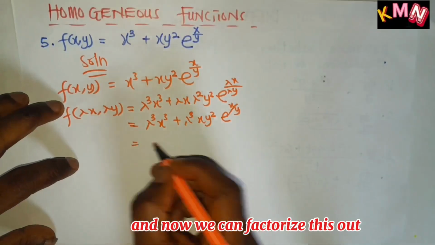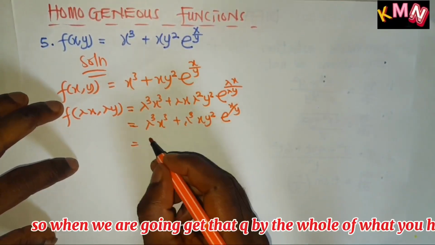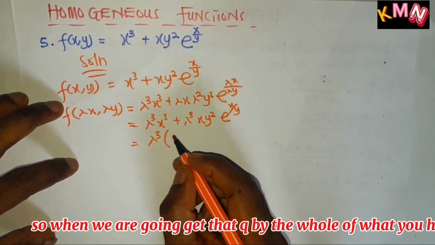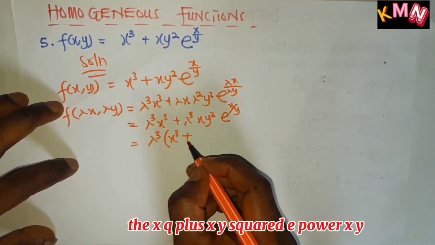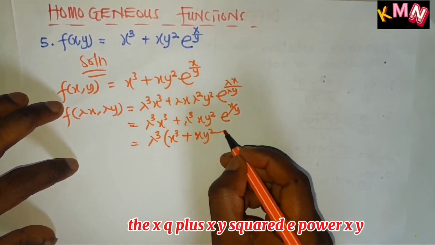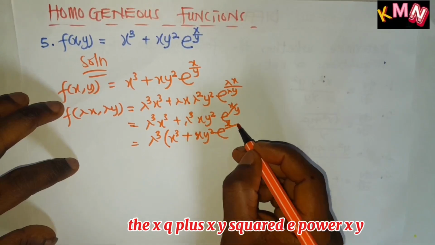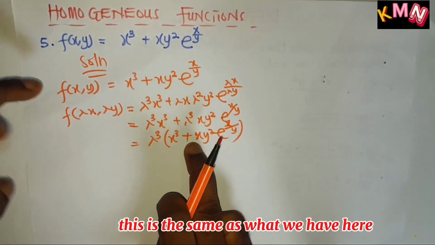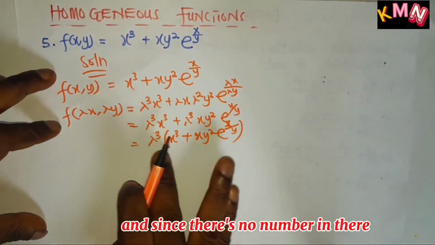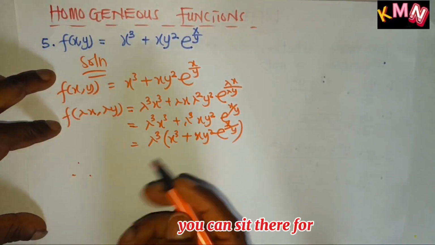And now we can factorize this out, so we're going to get lambda cube by the whole of what we have there, x cube plus x y squared e power x y. And you can see this is the same as what we have here, and since there's no lambda in there, we can say therefore